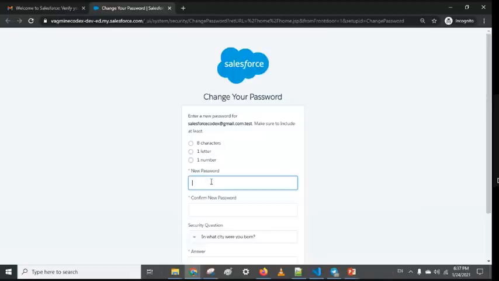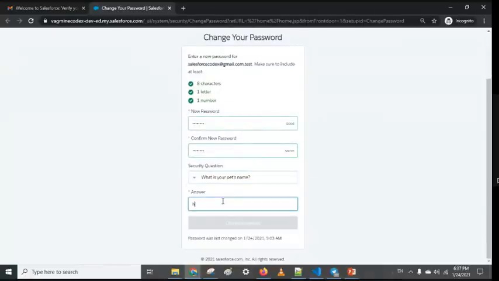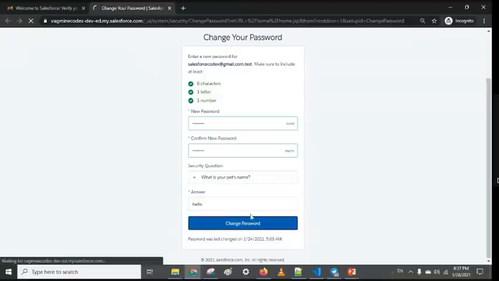Basically, once the user has verified, we have to change the password. This is okay. Now the user related stuff is done.